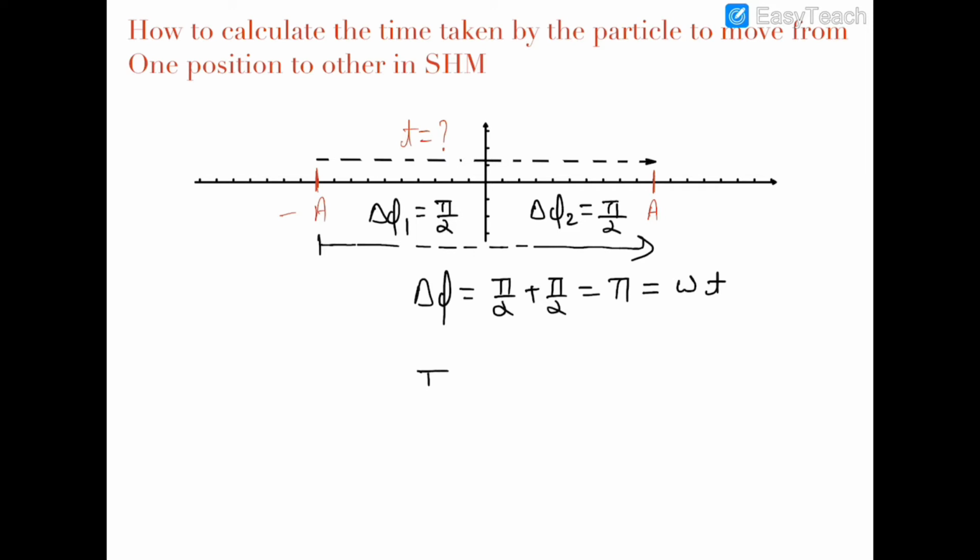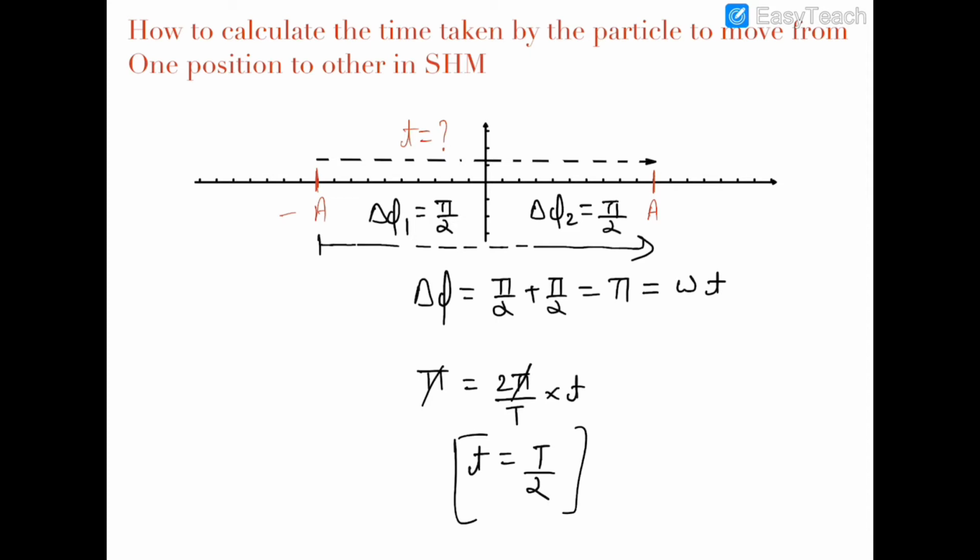So this pi is equal to omega t, where omega is 2 pi by T, and this is time t. So this time t is equal to T by 2. So the time taken by the particle to move from minus a to plus a is T by 2, and